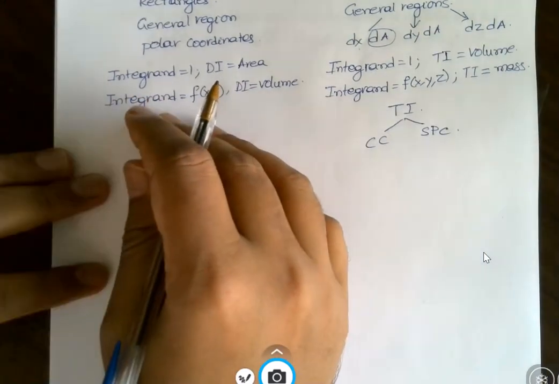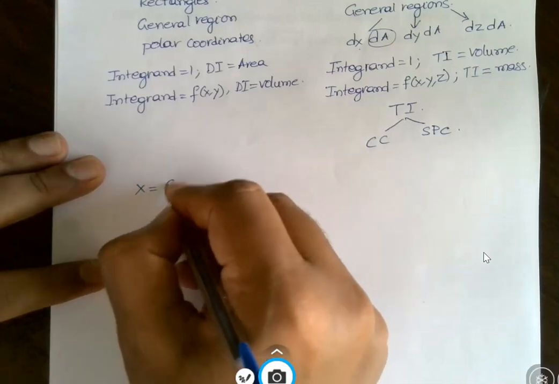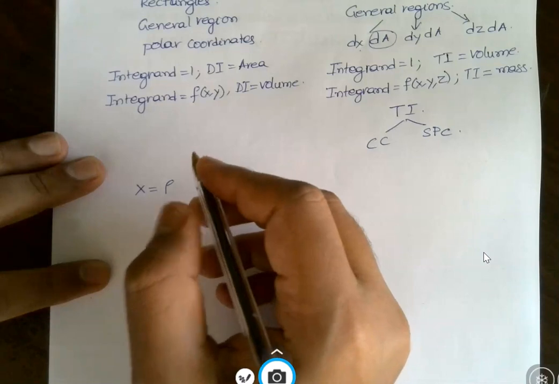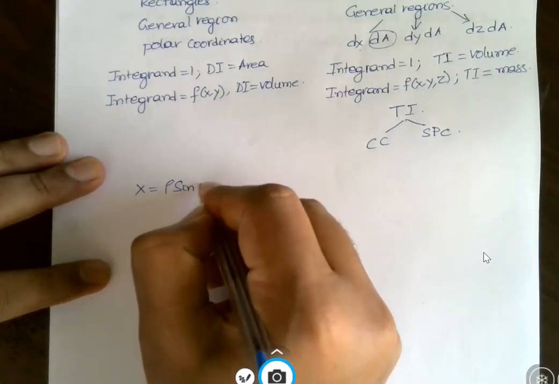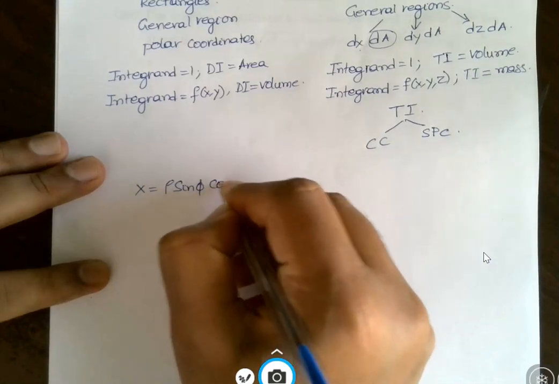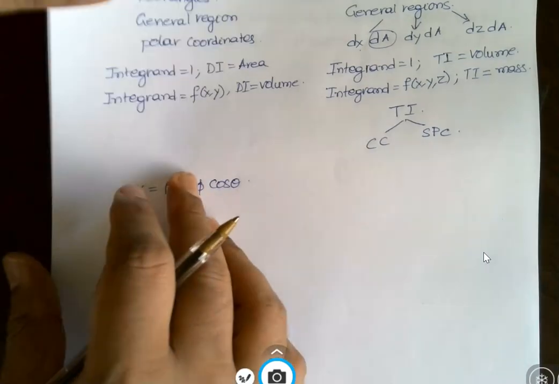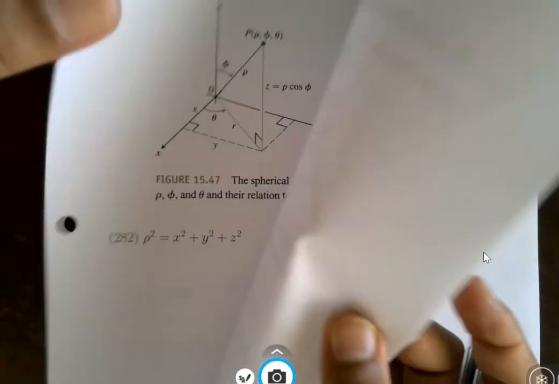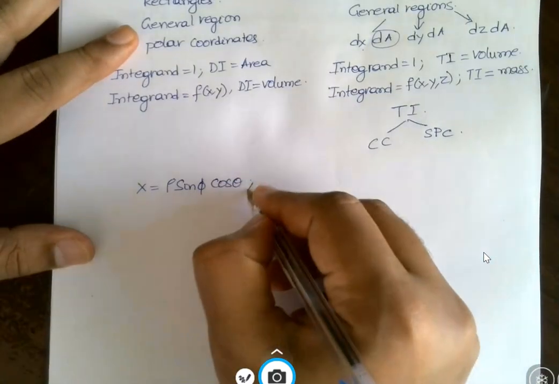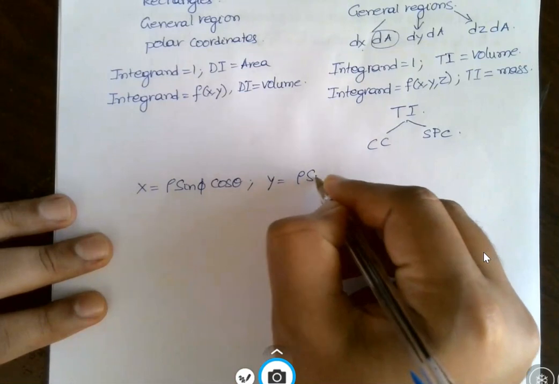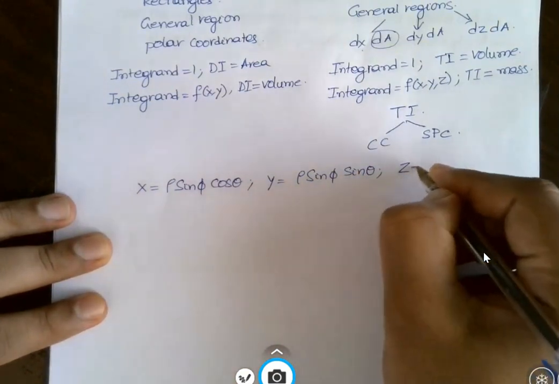One thing is you want to replace x. x is r cosine theta, and r is rho sine phi, so x is rho sine phi cosine theta. I hope I'm right. Let me check my work. And y is going to be rho sine phi sine theta, and z is going to be